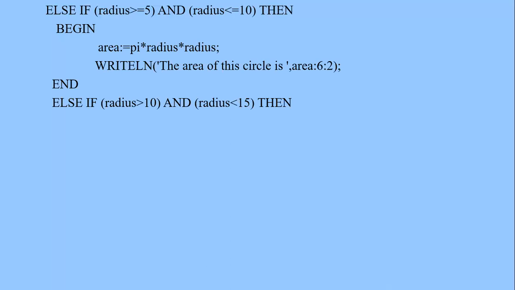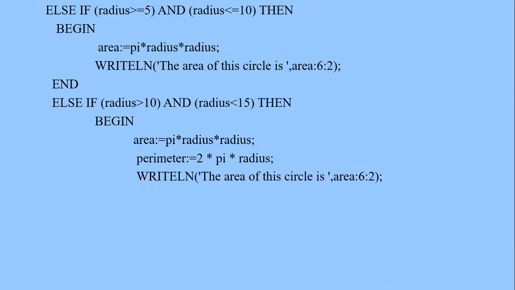Otherwise, or else if the value of memory location called radius is greater than 10 and it is less than 15, then do the following. Compute area as follows. Compute perimeter as follows. Then display the statement, the area of this circle is. Pick what is in the memory location called the area, format it into 6 characters, 2 of them being reserved